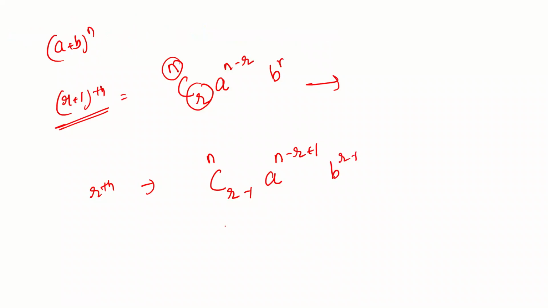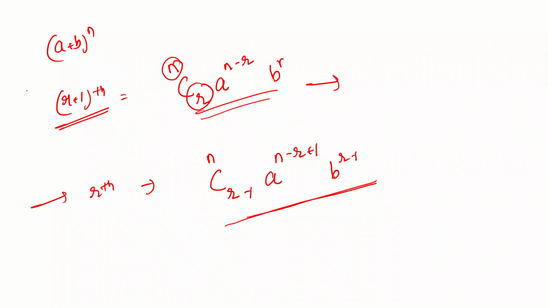So it's not good to remember this formula, of course. Instead, we can remember this formula very easily. So what is the r plus 1th term? The r plus 1th term is nCr, a to the power of n minus r and b to the power of r. There is no problem if you try to use this formula in the examination. You are going to get the same results.